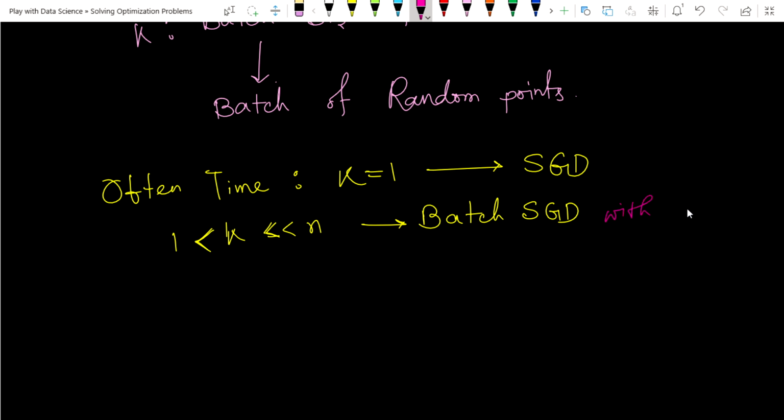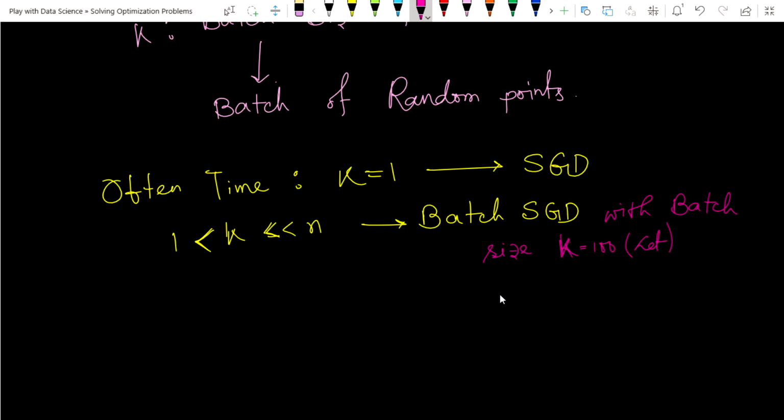If the batch size is some k, if k is equal to 100, then we can call it the batch size of 100. If k is equal to 1000, then we call it the batch size of 1000. So simply it is a batch SGD with batch size k.